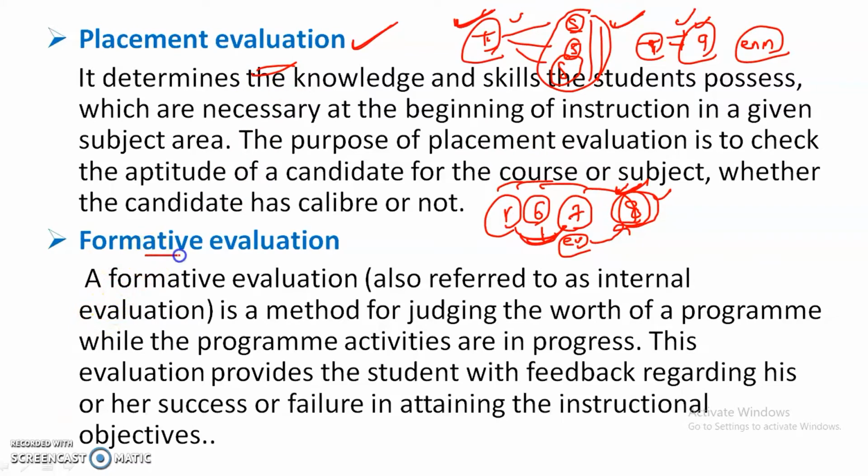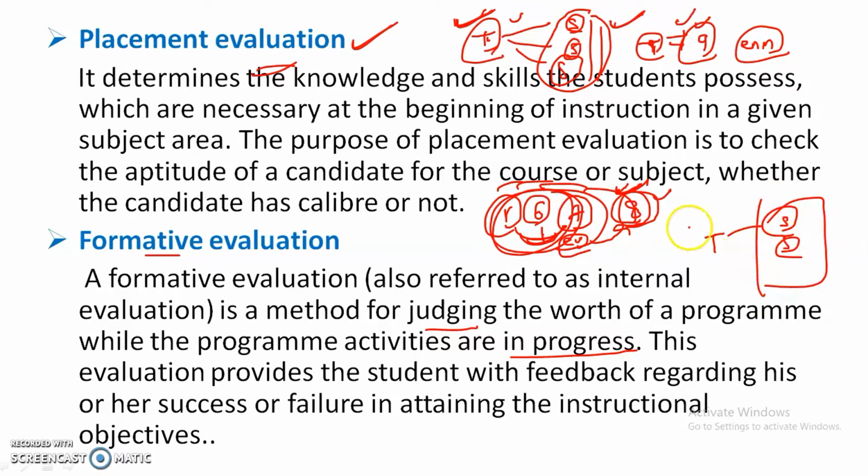And now coming to formative evaluation. In this formative evaluation, judging the caliber of the students is not about the previous year knowledge. It is just in progress, right? That means right now if you are teaching one subject to students in the classroom, and if 5 sub concepts are there, then after completion of one sub concept, just ask the students.